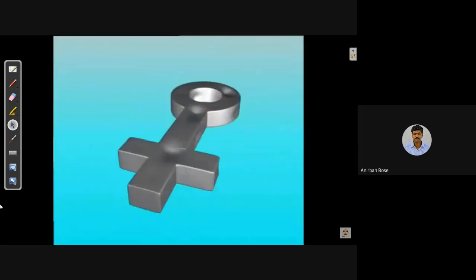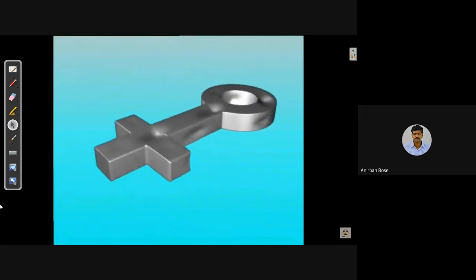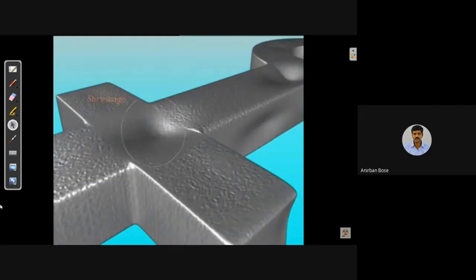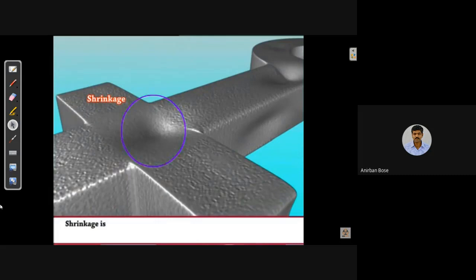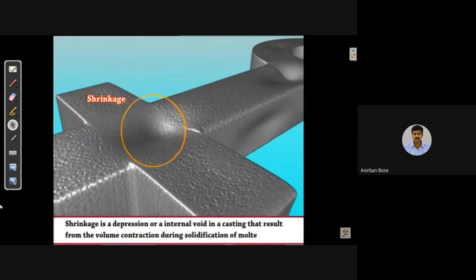Shrinkage. Let us see an example for shrinkage. Shrinkage is a depression or an internal void in a casting that results from the volume contraction during solidification of molten metal.